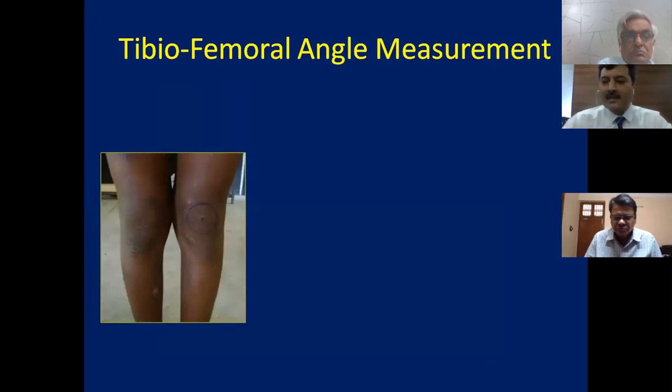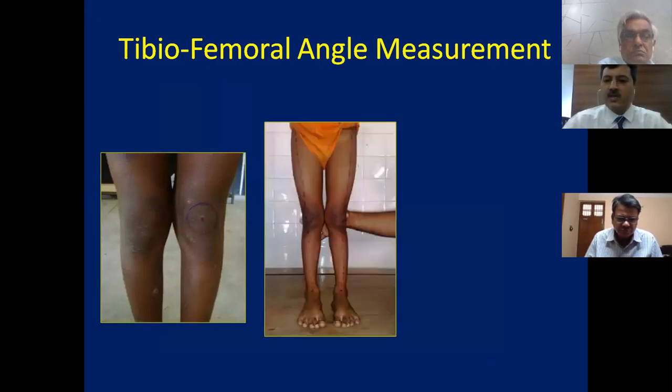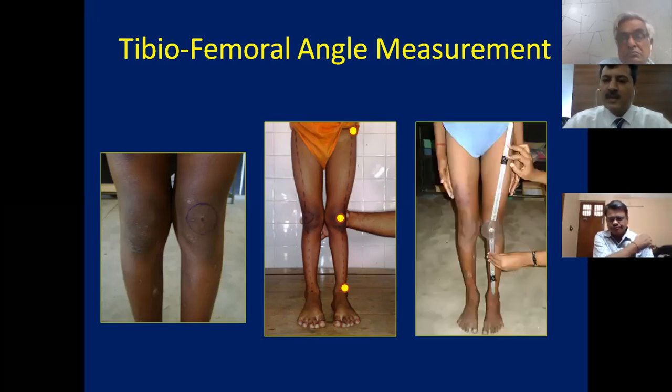You have to make the child stand straight, mark an outline of the patella, make a center point like this, and then there are 3 points which are important. One is the anterior superior iliac spine, the bone which you can palpate above your thigh, a little out. The second point is the center of the patella, and the third point is the center of the ankle joint. The line which joins the anterior superior iliac spine and the patella is the femoral axis, and the line joining the patella and the ankle is the tibial axis, and the angle made between these two is known as